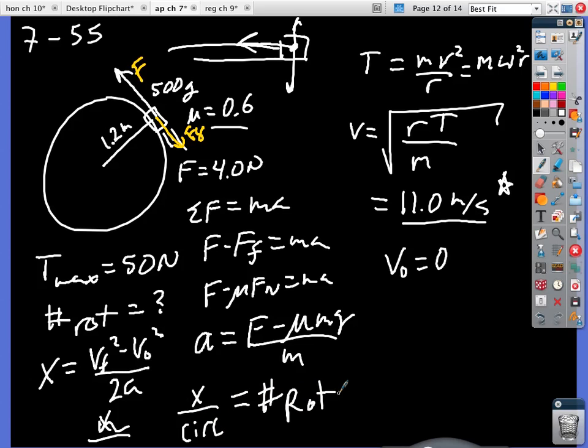Yeah, Jess? Why is it MA and not MV squared over R? Oh, well, I'm sorry, say again? Why is it MA instead of MV squared over R? Yeah. Okay, so what I'm thinking is mv squared over r is like the centripetal acceleration towards the